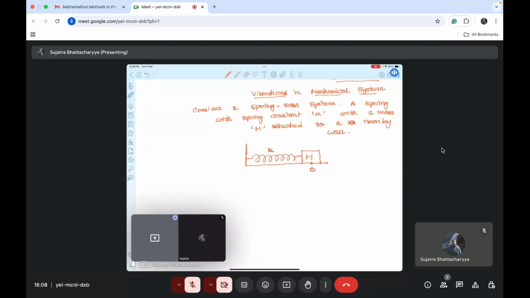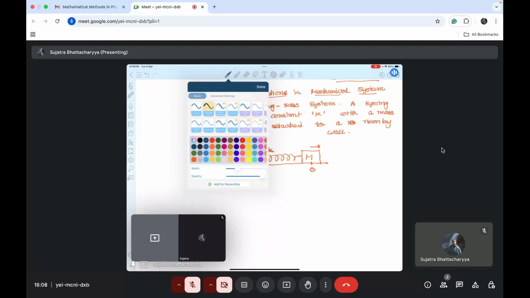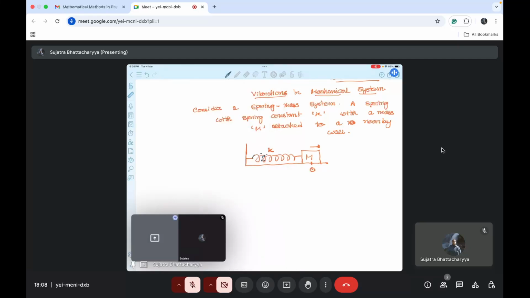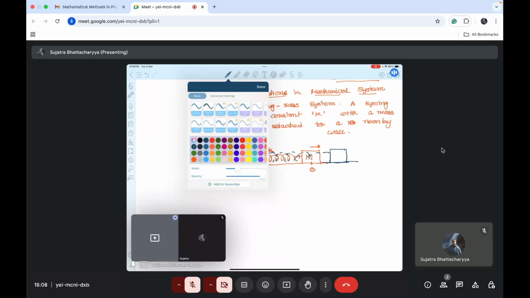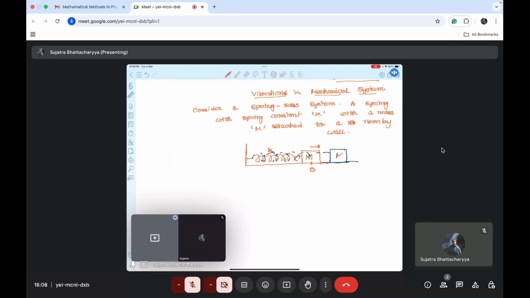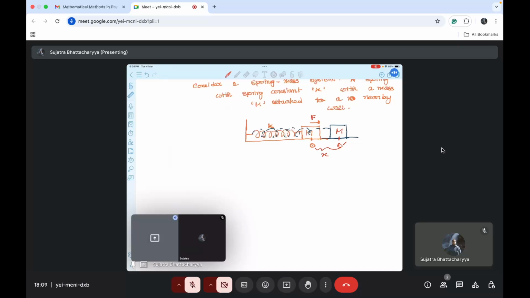Suppose this is the original position of the mass. Now what you have to do is apply some force on this particular mass so that the spring now becomes like this, and the same old spring mass system now looks like this. Now this is the position of the mass which was there at O. Now it is at O dash, and let this distance be some x. Okay, so whatever force we apply here,